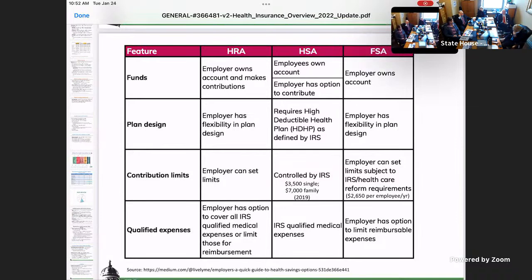So is that HRA a general fund, or is it individually based? Is the fund accountable to individuals, so there's a specified amount of money for each employee, or is it a general fund? I can't talk to the schematics of how it's administered. Like I said earlier, I'm not an expert on these particular.